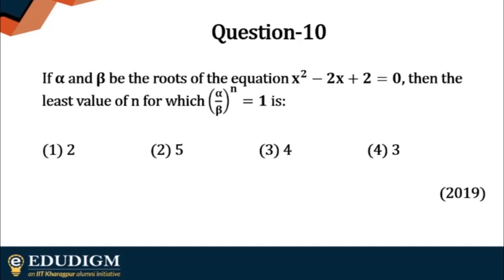So (alpha by beta) to the power n is 1. So even if you get up to a certain portion of alpha by beta, I'm sure you can check with the options. So I'm going to use a general method so that you can find out what you can do for different things. All right. Okay. Okay.